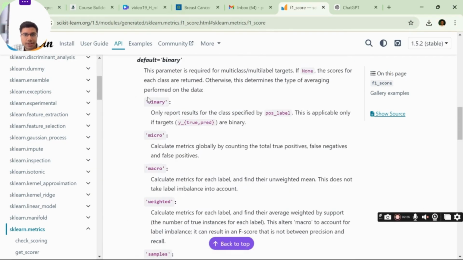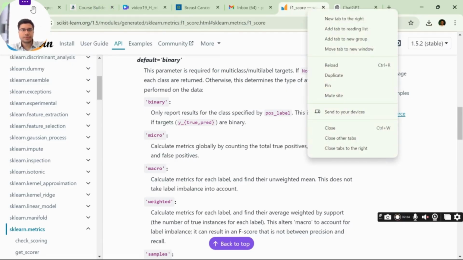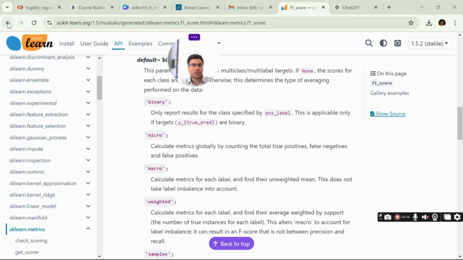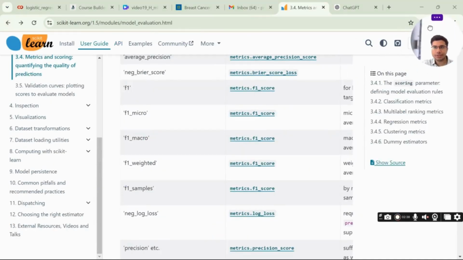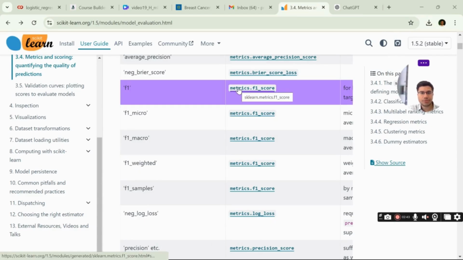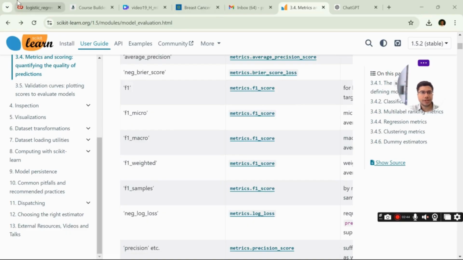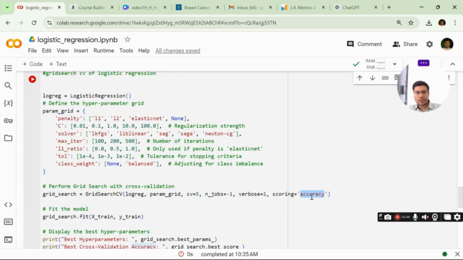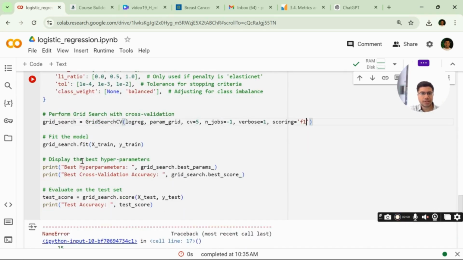Anyway, we can take the binary one. Okay, anyway, we will keep F1 score as it is, so I will just write F1. I always prefer F1 score rather than accuracy.